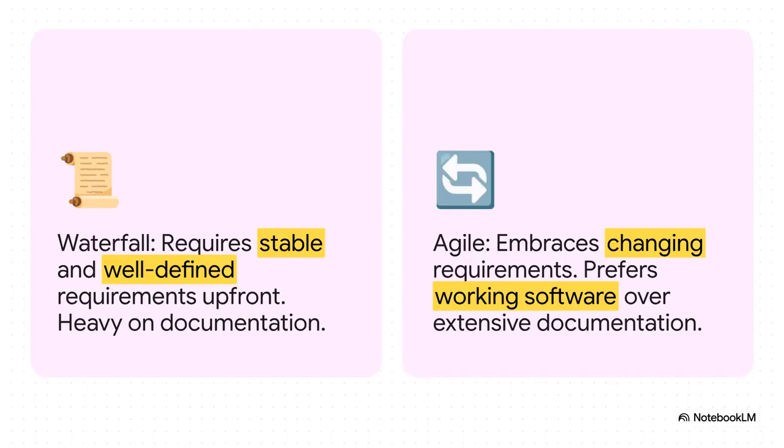And this is the big showdown you'll see out in the wild. Waterfall versus agile. While waterfall is that rigid, step-by-step process, agile is the complete opposite. It's all about embracing change, working in short little bursts, and delivering bits of working software along the way. Now, for you as the auditor, the million-dollar question is this: did they pick the right tool for the job?